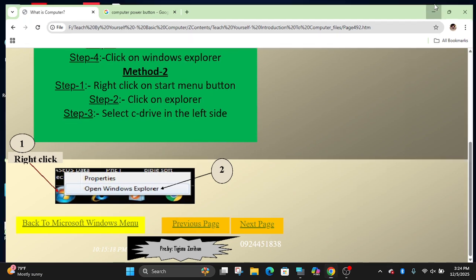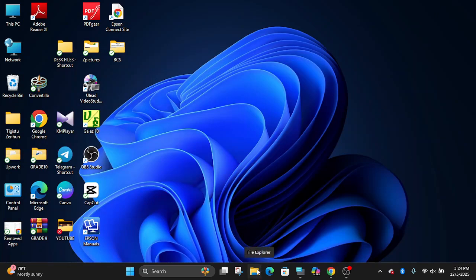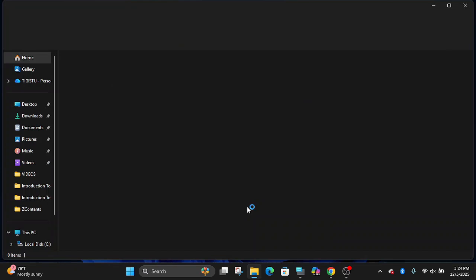The other way is simply using File Explorer on the taskbar. This yellow icon is File Explorer. We can simply click it.